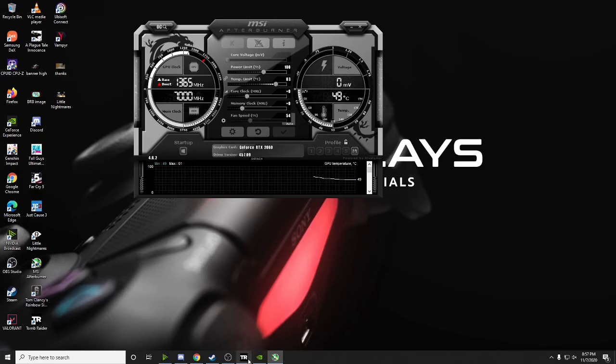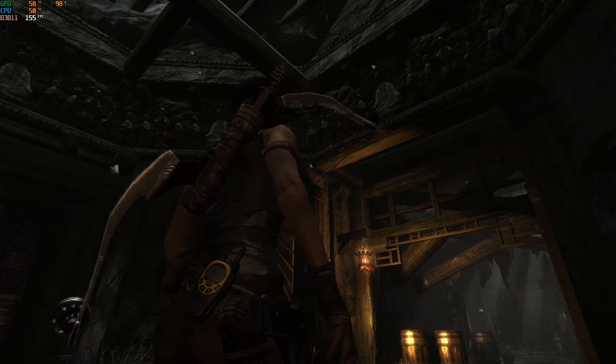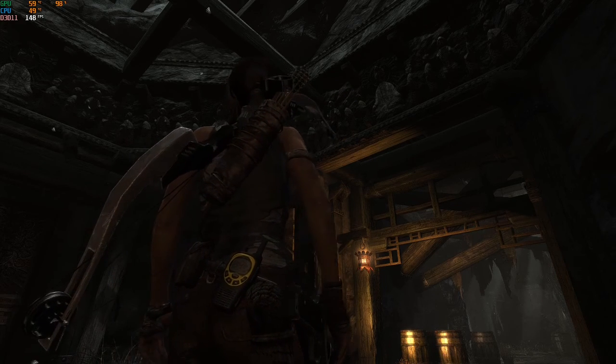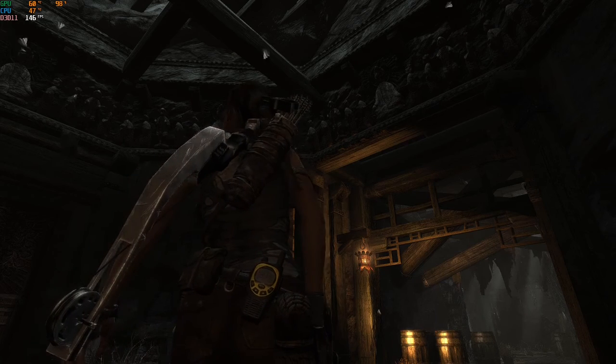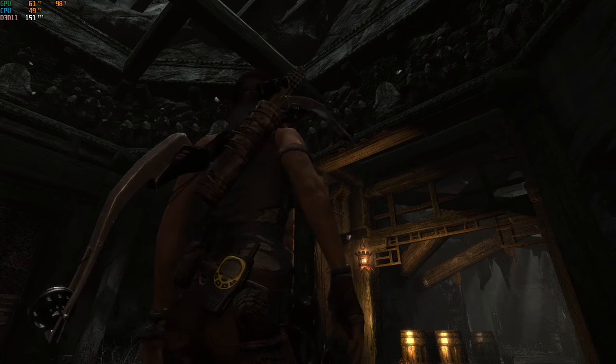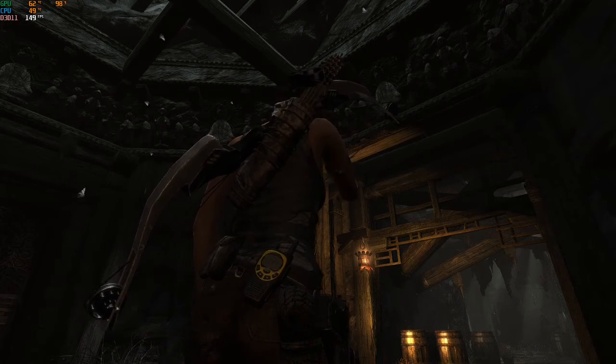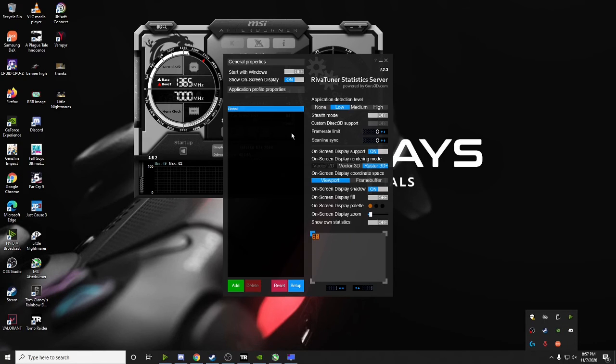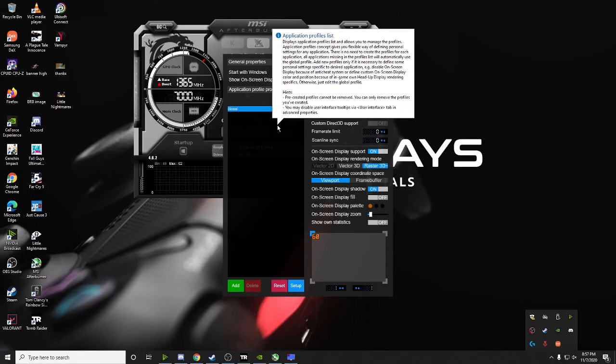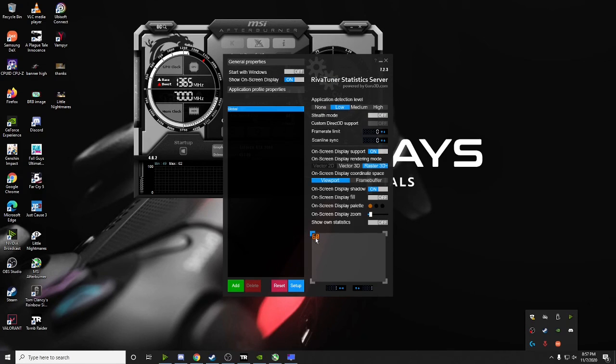Okay, and once you open it, you should be able to see it in the top left hand corner. You can alter the color, change the text size, and choose which quadrant to display it in. Everything you will be able to change from this particular software, RivaTuner Statistics Server. And here, if you move it, it will be available in the right hand corner. And similarly, you can change the color and everything here.